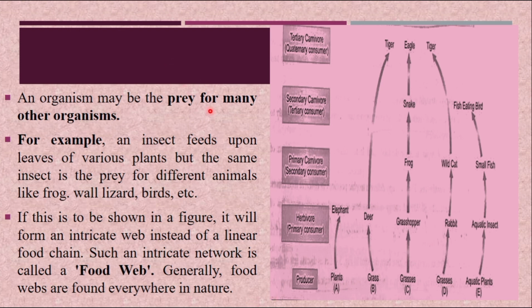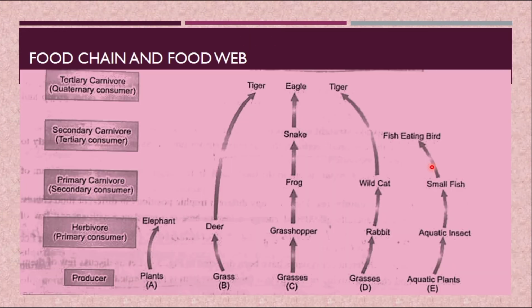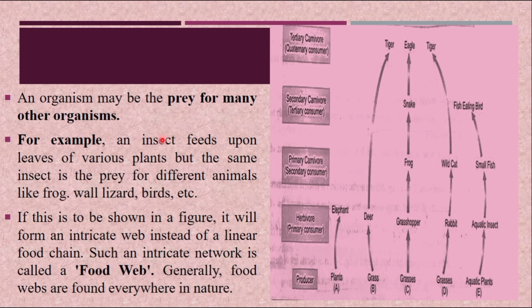An organism may be the prey for many other organisms. आताच आपण बघितलं प्रत्येक ऑर्गॅनिझम हा दुसऱ्या ऑर्गॅनिझमसाठी प्रे असतो. So they are interconnected. For example, an insect feeds upon the leaves. इन्सेक्ट लीव्स वरती जगत असतो. म्हणजे इन्सेक्टचं फूड लीव्स आहेत, leaves of various plants. But some insects are prey for different animals. पण त्या इन्सेक्टला वेगवेगळे ॲनिमल्स खाणार आहेत. For example frog, wall lizard and the birds. If this is shown in the figure, it will form